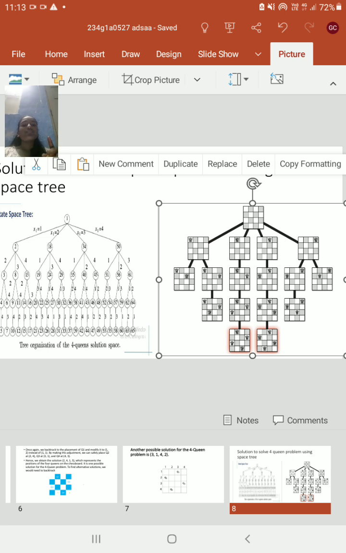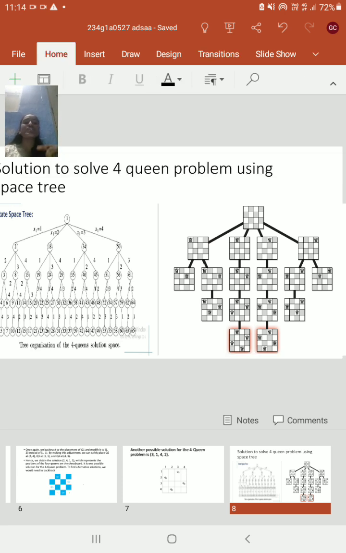Now change the placement of q1. Change the place of q1 in the first row from the first column to the second column. Now check. Place q2 at the fourth column, q3 at the first column, q4 at the third column. So we got one solution. Now again